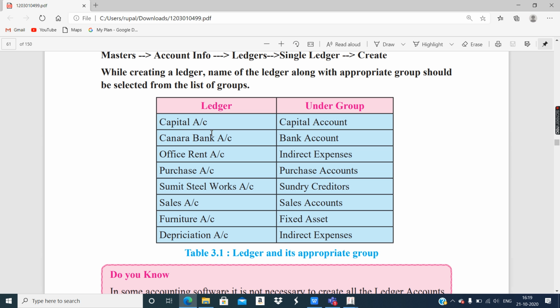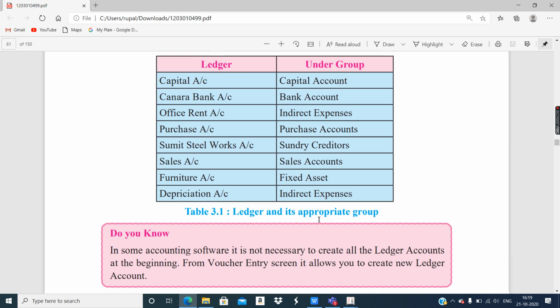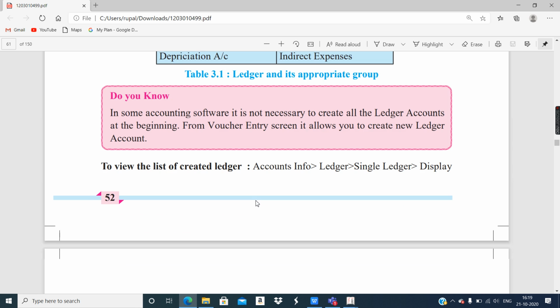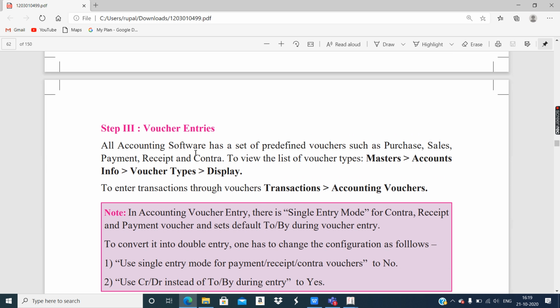Okay, so a list of ledgers along with in which group, as per the steps as I told you. You can note down and make a table like this to write in your journal, but referring to that SOP question. Okay, and then voucher entry steps are given.